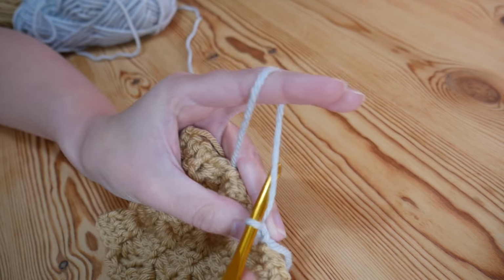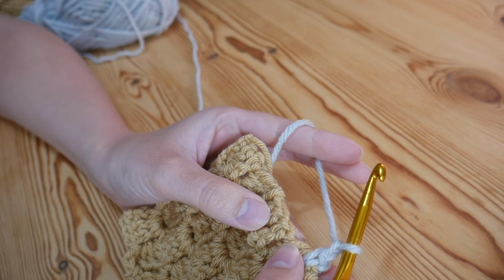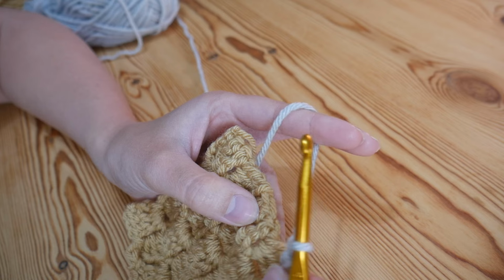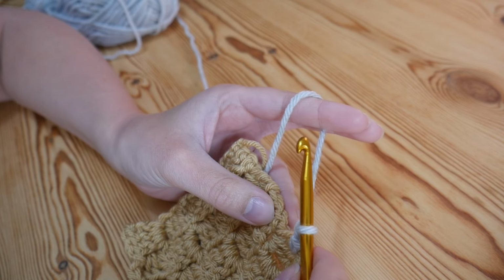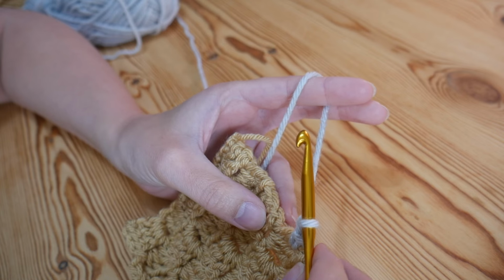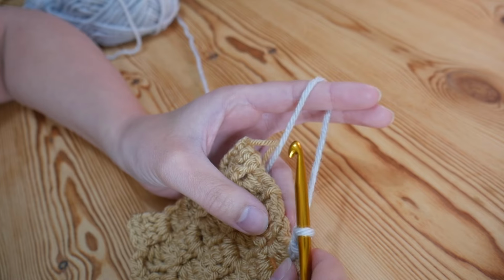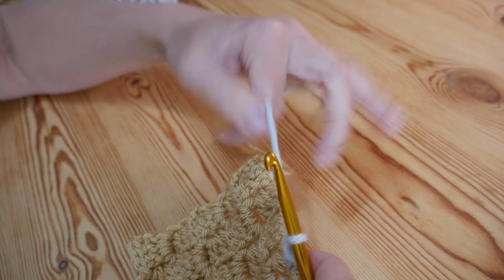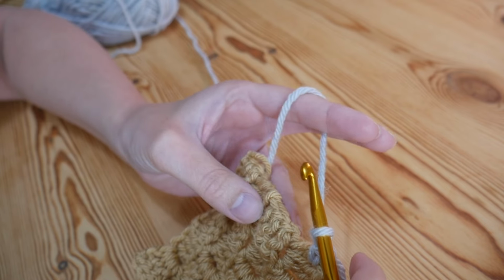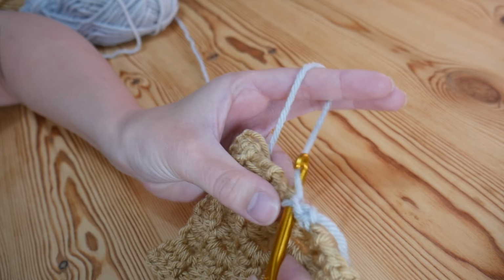standing double crochet. You're then going to chain 1, and you're going to miss some space. Basically you want to leave spaces between your doubles. So obviously I'm on a corner to corner here, so it is a little more tricky. However, if you were doing this round a granny square, it would just be easy. You would simply double crochet, chain 1, skip 1 and double crochet in the next, and you just work along like that. However, obviously with a corner to corner, the stitches aren't as defined as they would be in a granny square. So I'm going to miss some space, and then I'm going to go into a stitch just here